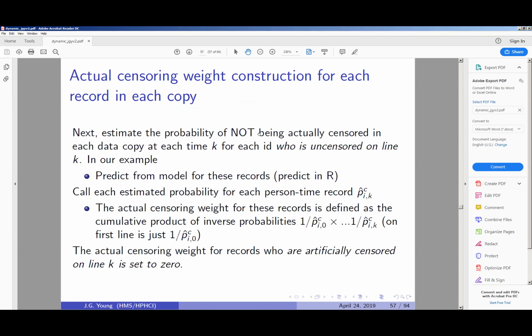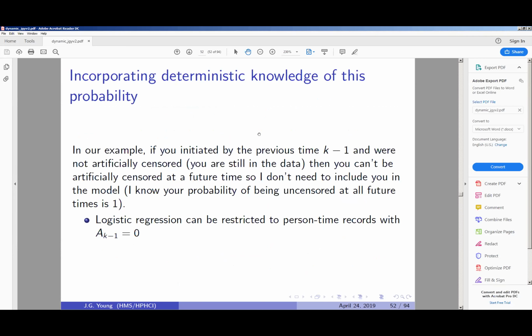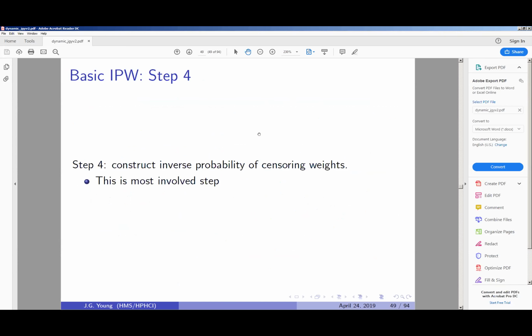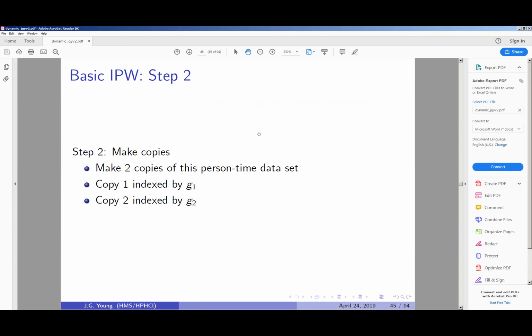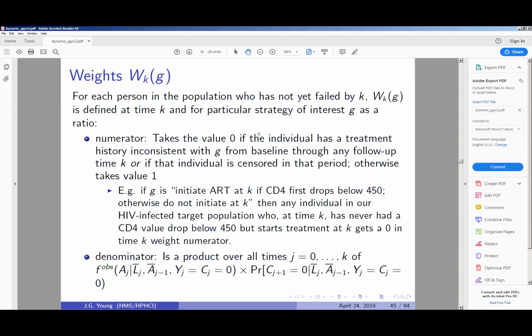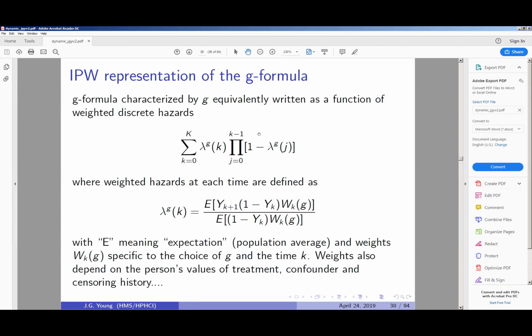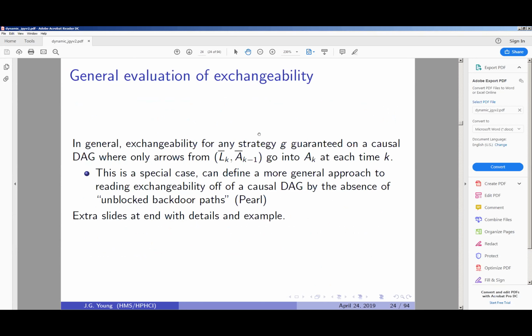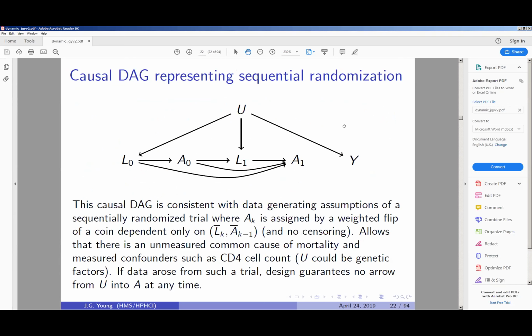In this case, the fact that we have time-varying indicators is because we can think of the outcome as being like a failure time T, and this whole history of indicators makes up that outcome. So yes, it's correct that you would include, in the case where you have a non-survival outcome, I'm trying to find where I wrote the exchangeability assumption. Yeah, so we need to differentiate. Anyway, if CD4 cell count was Y at 5 years, then prior CD4 cell count would definitely be part of the L.